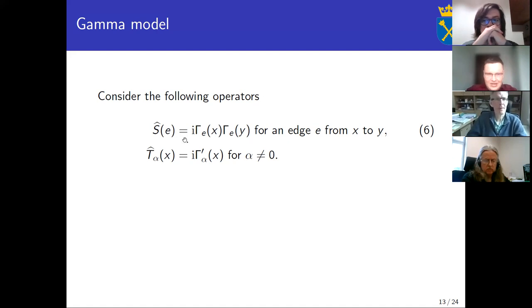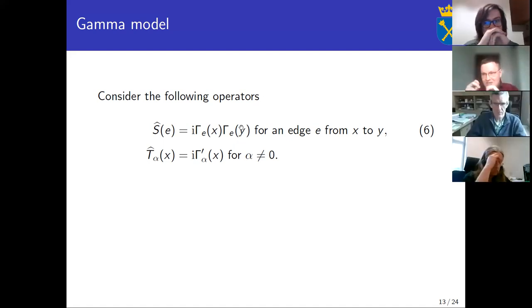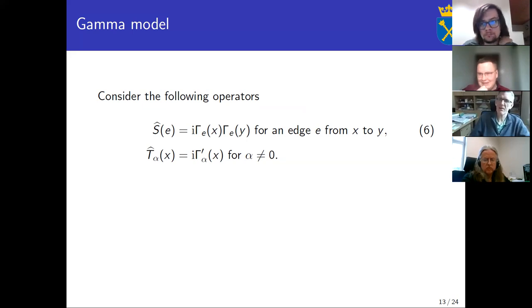And this E appears as an index. Since the edge E has two ends, X and Y, then both X and Y host a gamma matrix which has E as an index, right? Because E is incident to X and Y. So before, the S operator had the psi-0 in there, right? The psi-0 at x, psi-0 at y. Yes. But now it's a little bit different.